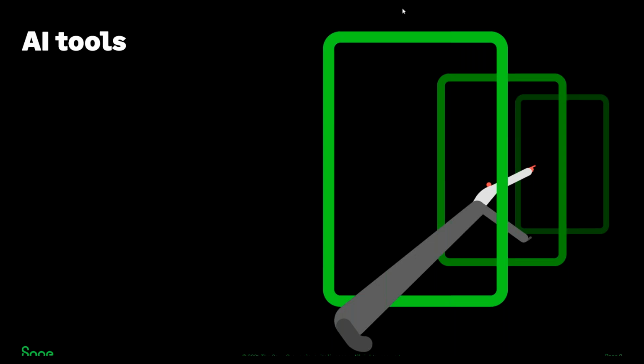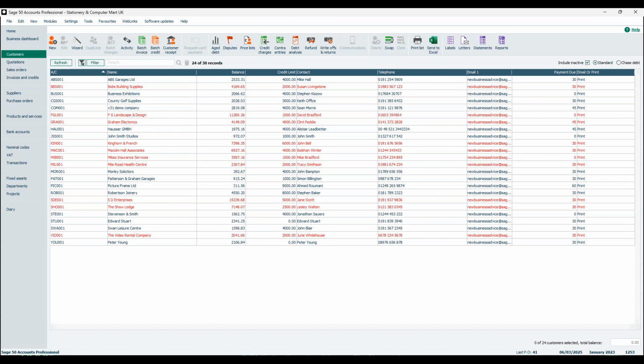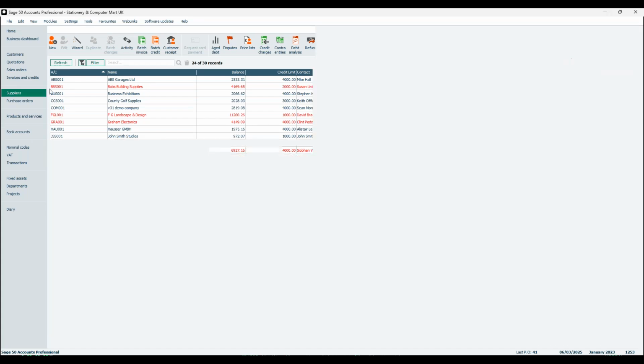So for this one, I'm just going to go into a data set which I have connected to the cloud. So when we say connected to the cloud, it just basically means that we have connected to our Sage account. We've logged in using our Sage account details to connect our data. So you may have already done this if you've used things like bank feeds or remote data access. If you haven't already used it, it will look a little bit like this, and it will just ask you to log in